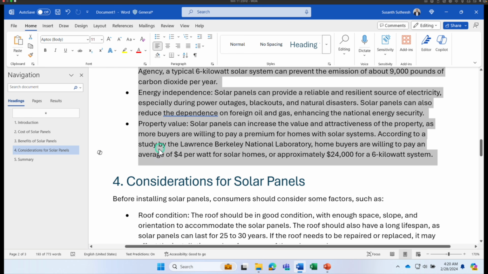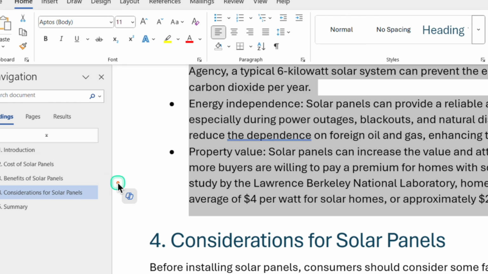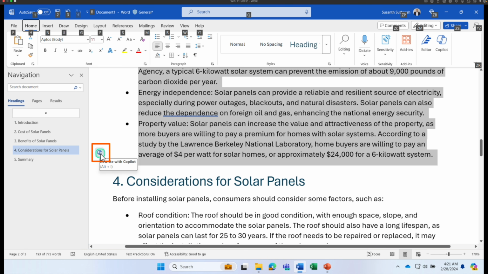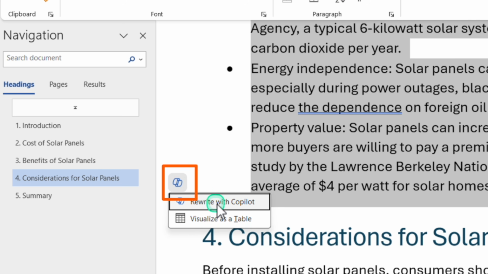All I have to do is select that part. Whenever you select something, you will see on the left hand side of the document the new Copilot icon popping up. Or if you go to a brand new line, this Copilot button starts showing up as well. So simply click on this button and you can select